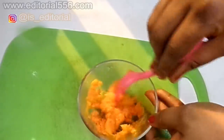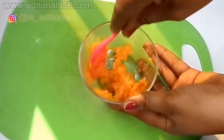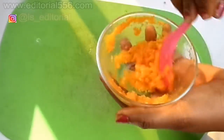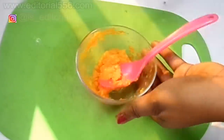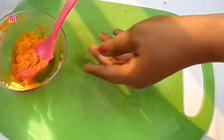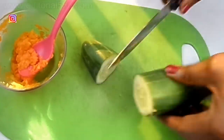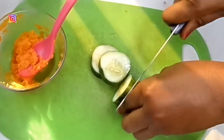So this is the mango and carrots, and it's looking really friendly in the eyes right now. Like, I love mango like crazy. So the next one we're gonna be putting in is gonna be cucumber,